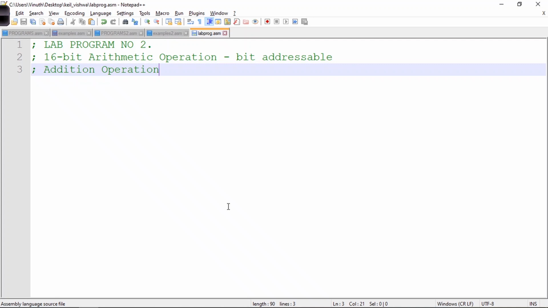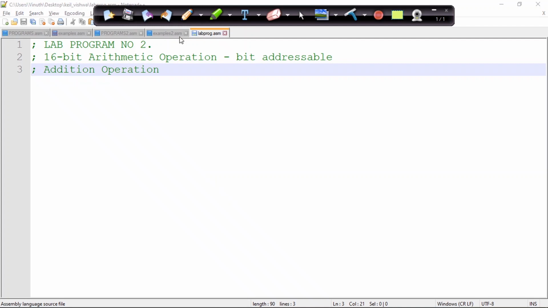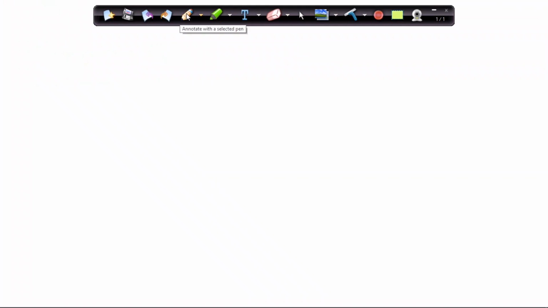In today's lecture, let us look into the addition operation. We are doing 16-bit addition, but the accumulator is only 8-bit.